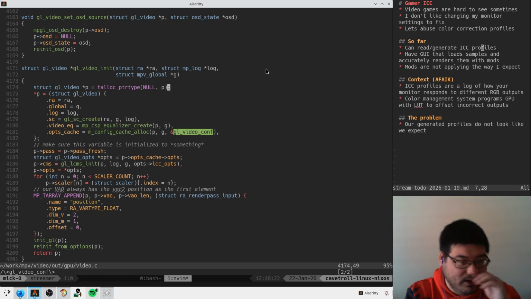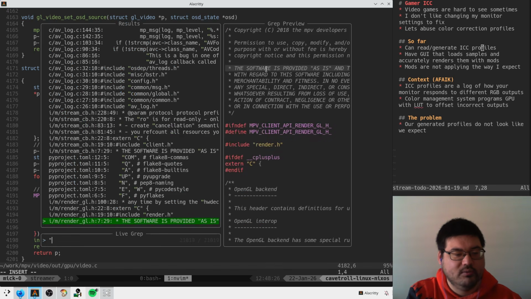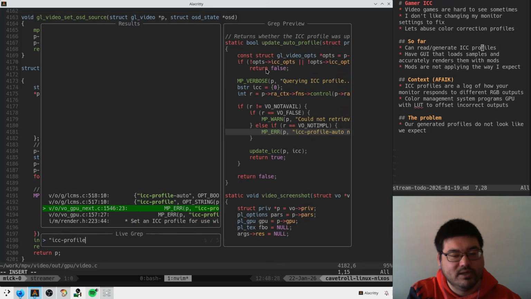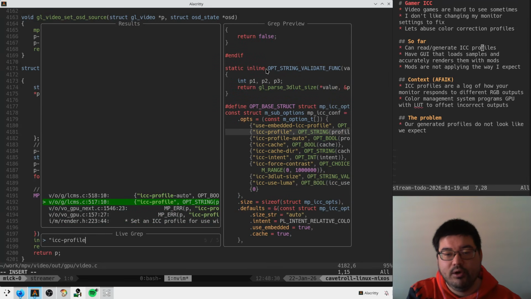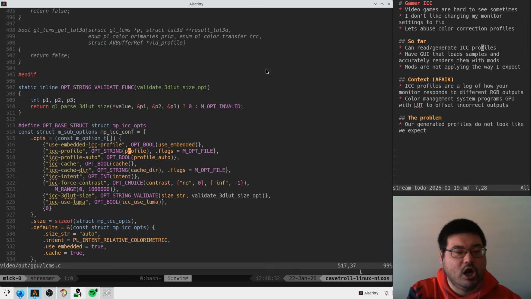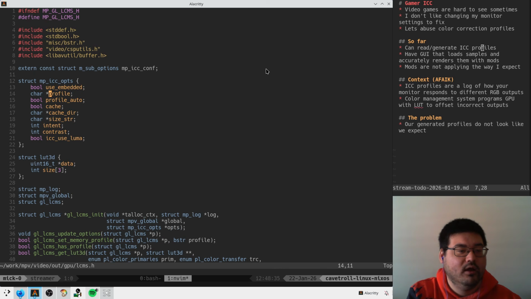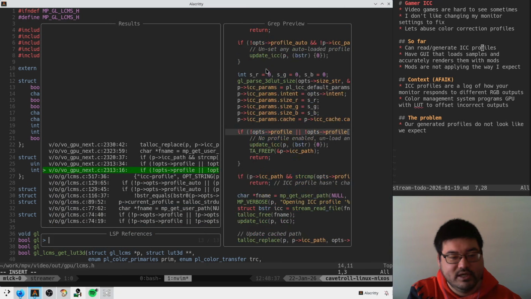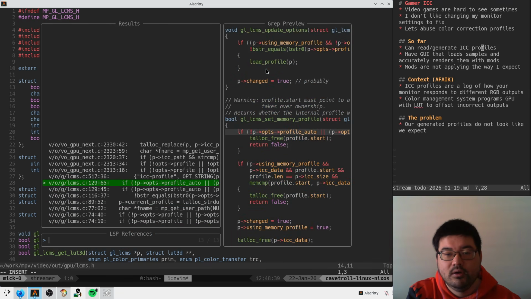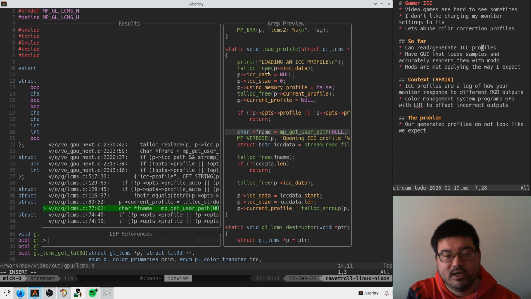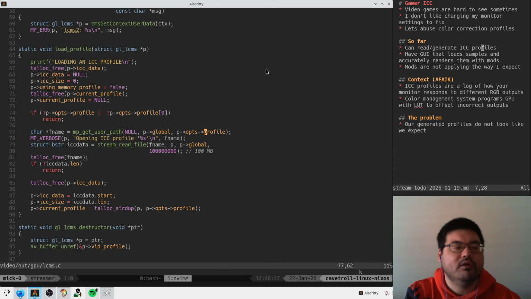So GL video init in here must use that, and then can we look at ICC profile? Someone must access that thing at some point, right? I guess it's a dot profile here, this guy. So who references this? LCMS, like it load profile. So we didn't see the printf in load profile, but I wonder if